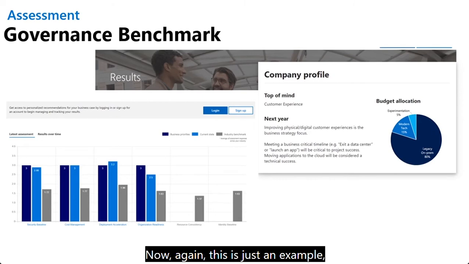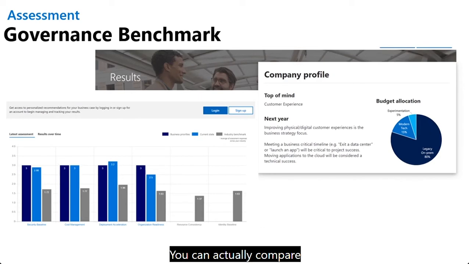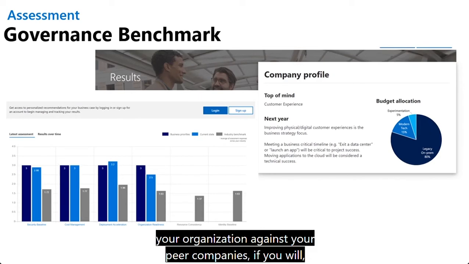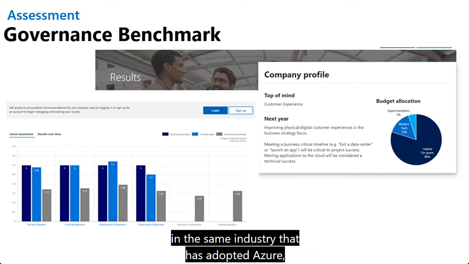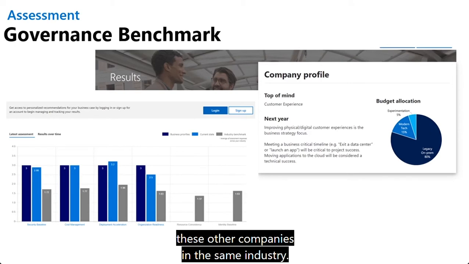Again, this is just an example; it depends on how you answer the questions in the questionnaire. You can compare your organization against your peer companies in the same industry that have adopted Azure, and measure your level of governance against these other companies in the same industry.